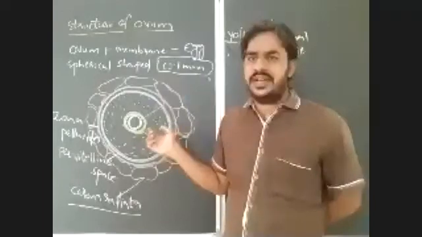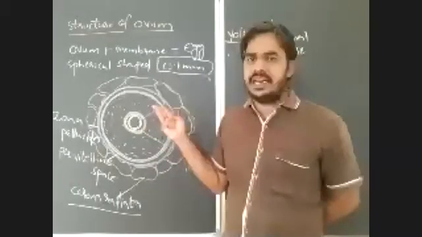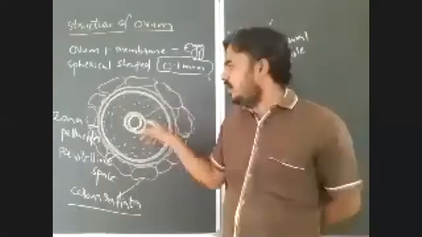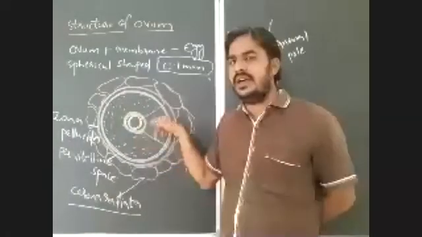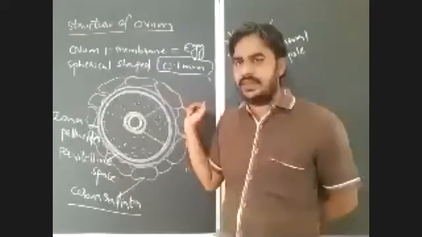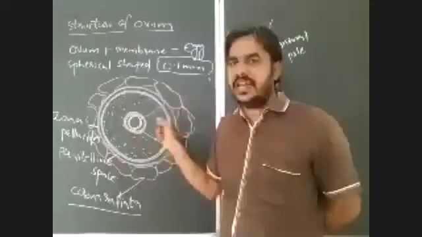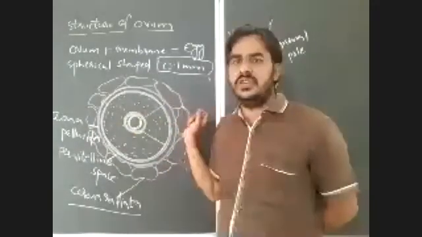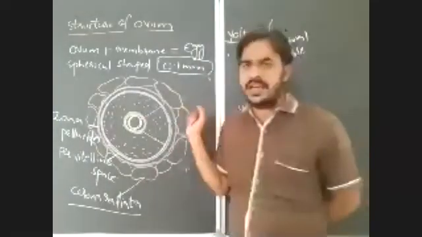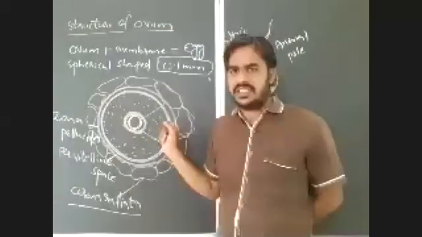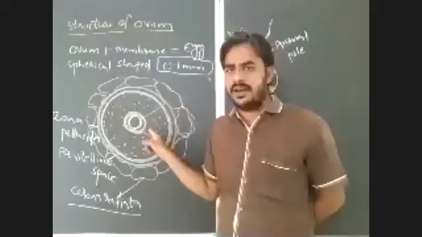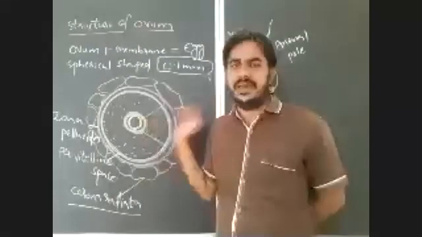After the increase in quantity, these three cell organelles, endoplasmic reticulum, Golgi bodies, and mitochondria, arrange in the form of a ring around the nucleus, which is known as the Balbiani-Vitelin ring. In the last class I already gave you the Balbiani-Vitelin ring. So the cell organelles that participate in the formation of the Balbiani-Vitelin ring around the nucleus are endoplasmic reticulum, Golgi bodies, and mitochondria, right?